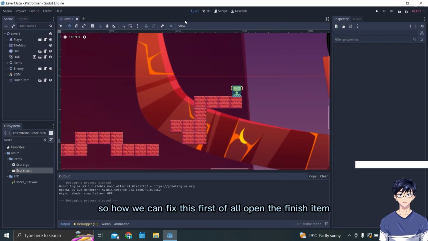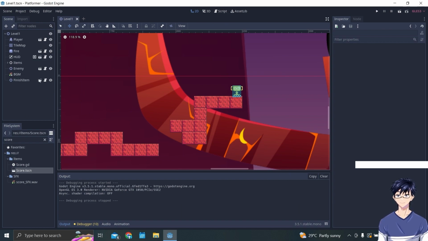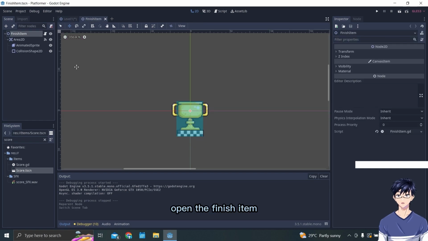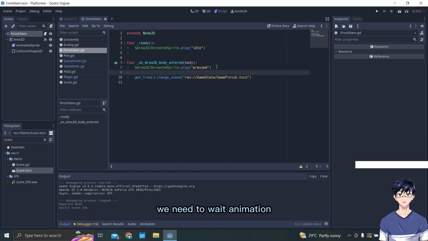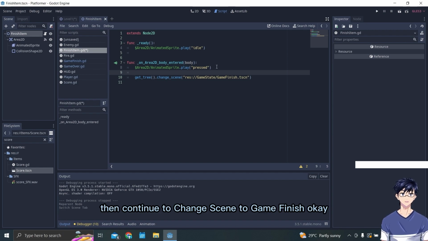First of all, open the finish item, and then after that in here we need to wait until the press animation finishes, then continue to change scene to game finish.